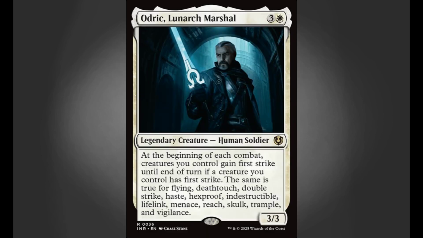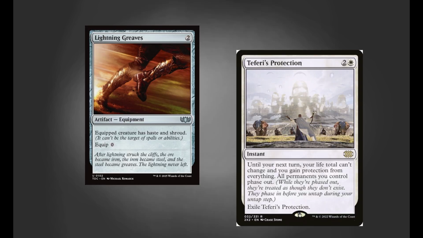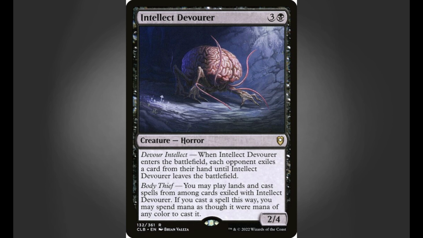And there we have it. All 35 evergreen keywords you can expect to see in every set going forward, plus a few little extra credit keywords you can expect to see, especially if you are eyeing up Commander as a format you would like to play. Again, this video was a lot of information, but it will be relevant no matter which set you will start learning to play in,